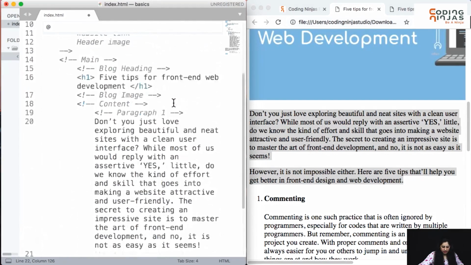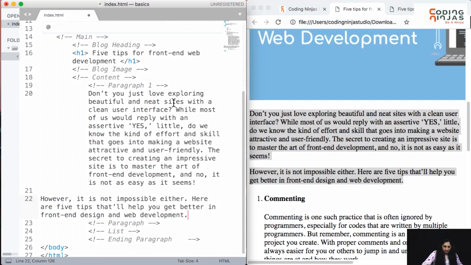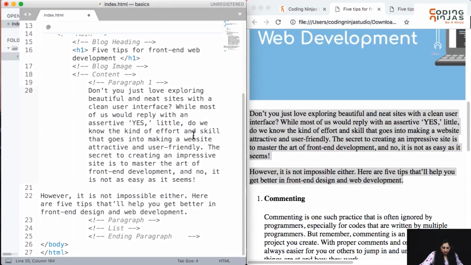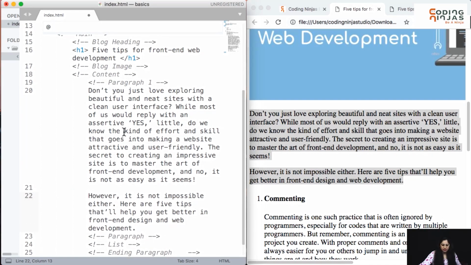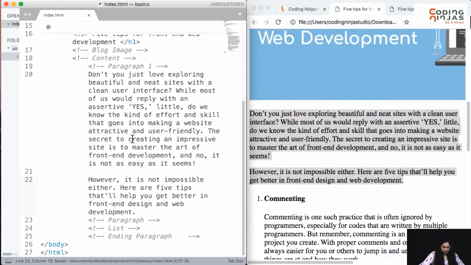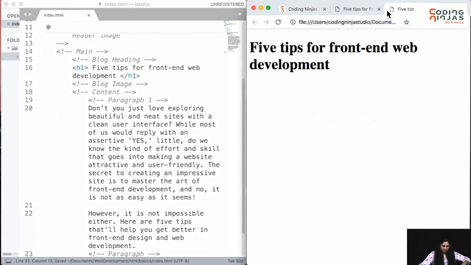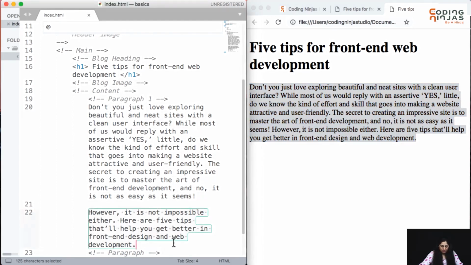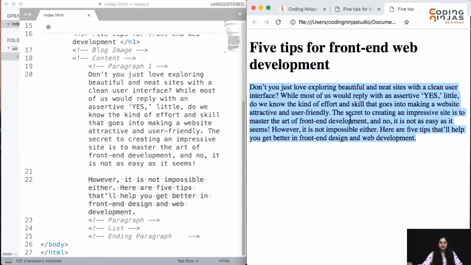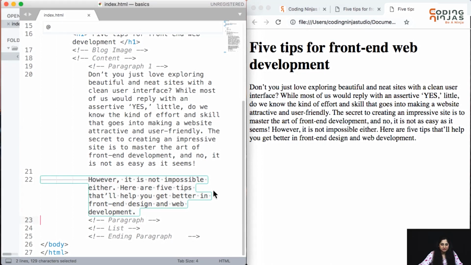So if you want to see them clear, let me reduce the size. So these are the blog paragraphs that we want to add. So I've just pasted them. So save it, load the page, and let's see how do they appear. Now I actually pasted 2 paragraphs, but from what I can see is here is a single paragraph. That means ideally the paragraph starting from however, this should have started in the new line as a separate paragraph, but currently this is just one single line, correct?